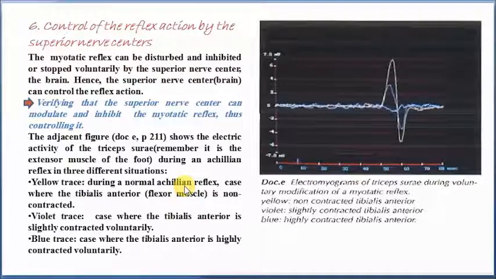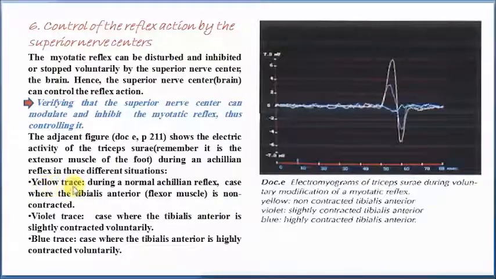an excitatory message through the alpha motor fiber, and it is going to contract under its effect. However, its antagonist, which is the flexor muscle called tibialis anterior, is going to be relaxed. It is not going to contract at all, since it is not going to receive any nervous message via the alpha motor fiber innervating it due to the inhibitory synapse. Now here, during the normal Achillean reflex, the electric activity of the TS was recorded, where the trace